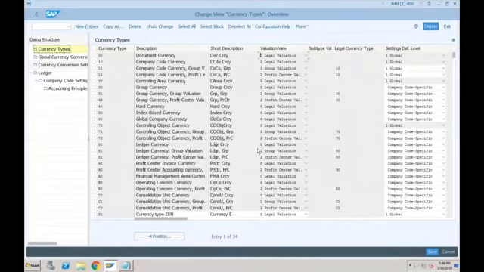Okay, and one important thing here is the settings for default level. Here you are specifying whether this currency which you are creating is going to be based on the company code, or on the global.